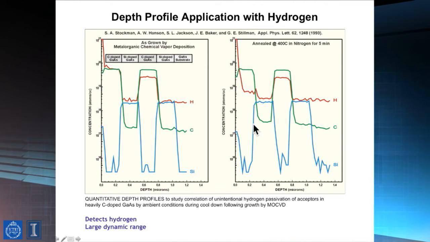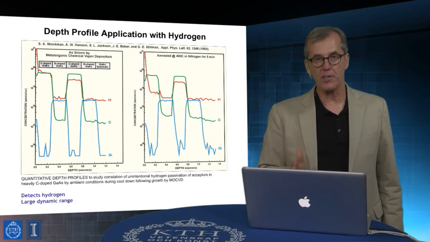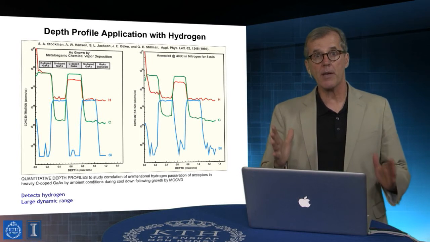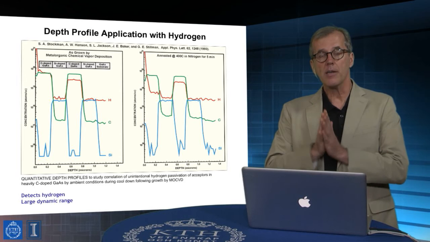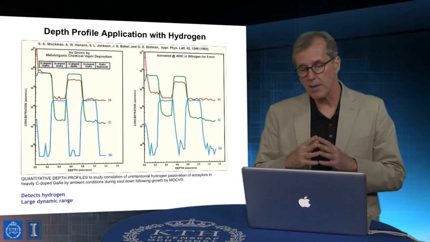And the other point here is that if you look at this blue part, we notice that the compositional profile associated with the silicon is changed. It becomes broader because the silicon component is actually interdiffusing into the carbon-doped region, right? So that interface between those layers is becoming graded as it's heated, even at relatively modest temperatures of the order